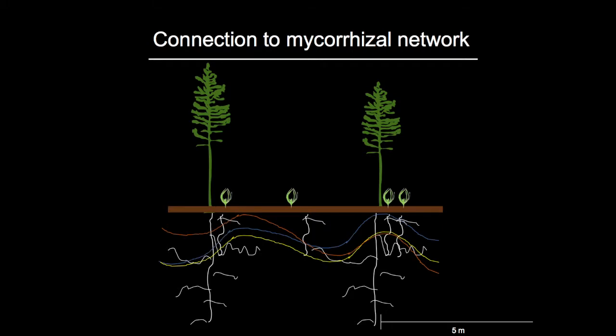And so if we look here, these lines of colors represent different fungal associations and connections, connecting hub trees, or mature hub trees, to seedlings. There are a number of benefits to these seedlings being connected to this network. One, through water redistribution, particularly from the hub trees to the seedlings, and two, nutrient transfer. Again, in particular, carbon from these mature hub trees to these seedlings, but as well, other nutrients are transferred and are important, including nitrogen, phosphorus, and potassium.